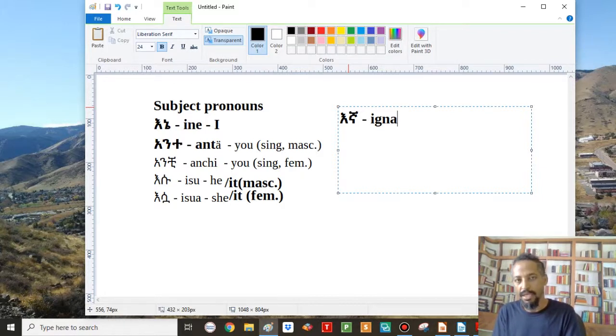Inya, inya. It's not igna or inya. The G and the N blend together and give you the nya sound. That's how English works, and that's why I advise every learner, everyone who would like to learn Amharic, to start with the alphabet. So if one is done with the alphabet, both shape and sound, then